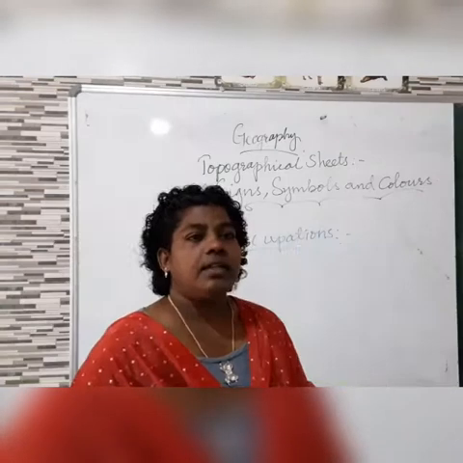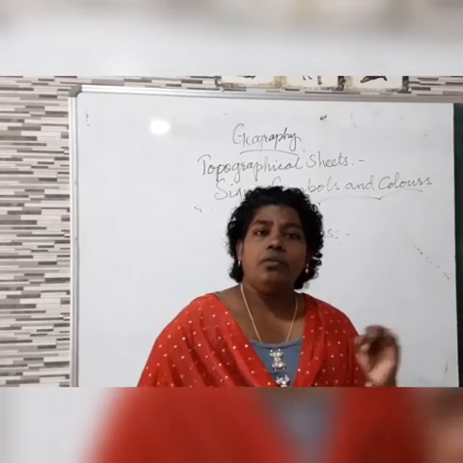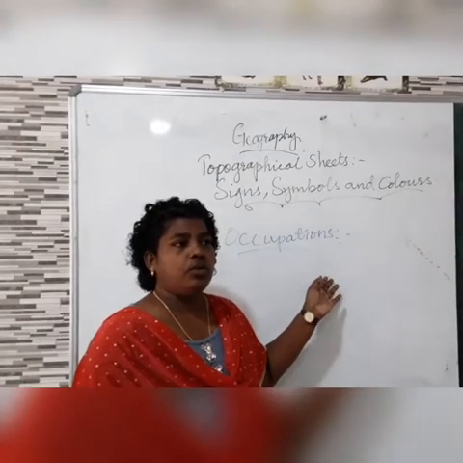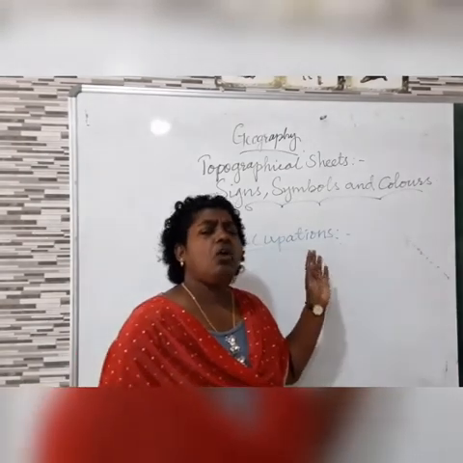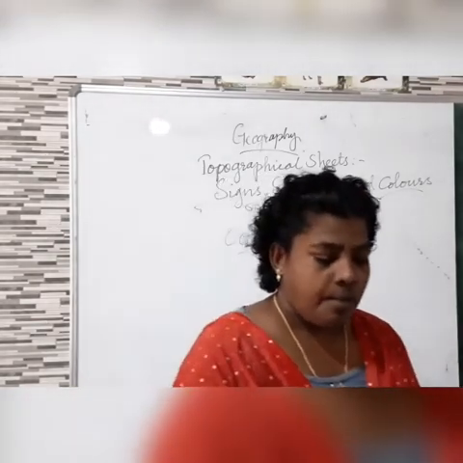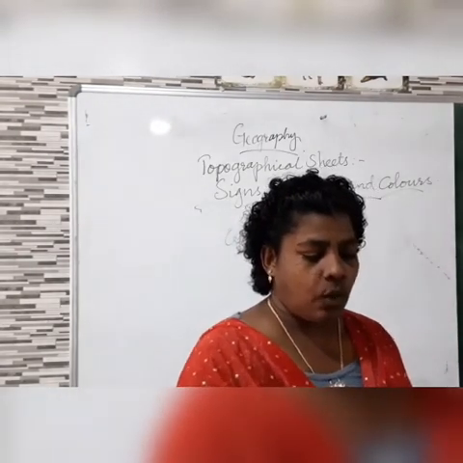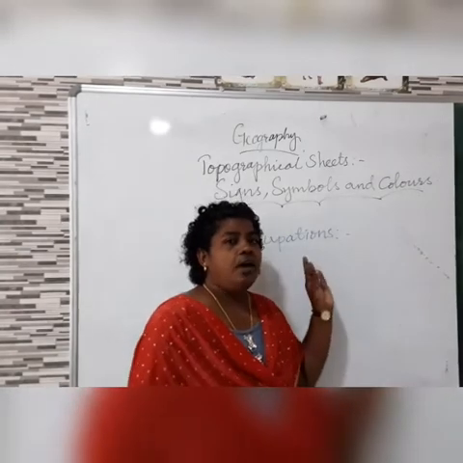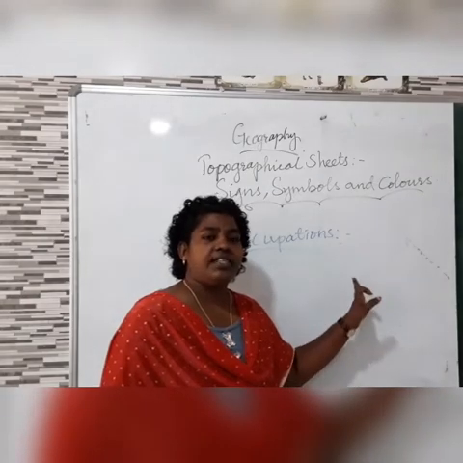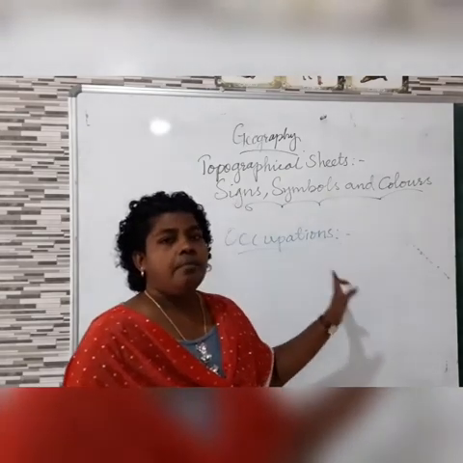First one is agriculture. You have seen how you identify agriculture and the people who do it: a large tract of land is cultivated. The second one is mining. If there are mines and quarries, what do we understand? That indicates people are doing mining. Their main occupation is mining.